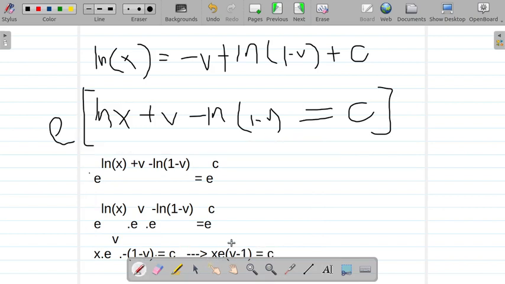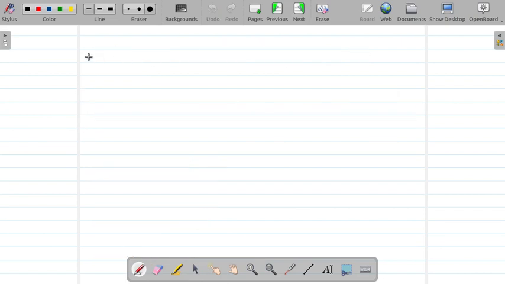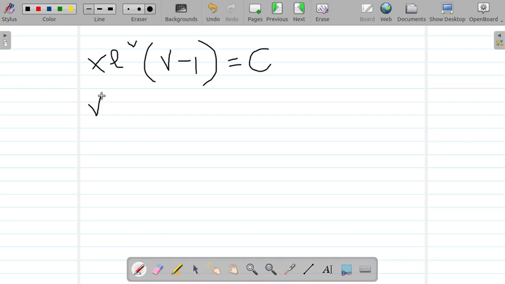Then e raised to v. Next is, x raised to the power of e to the power of v times v minus 1 is equals to c. Substitute din nato ang value ni v, where from the given equation